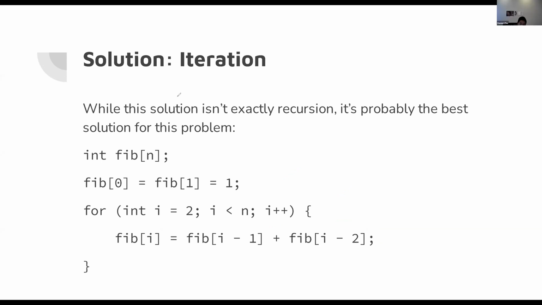So you might have noticed that since we're already using an array, you might have thought, well, you really don't need recursion for this, and you're right. You can simply create an array that stores the values of the sequence, and then you store the first two values, which are 1, and then you loop through all the remaining values, and you just do this. So although this takes the same amount of time as the previous solution, this one is much easier, it's less lines, and